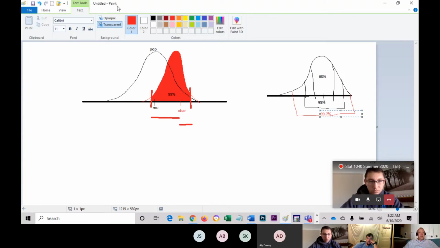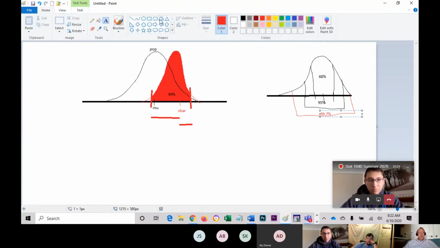So now one of the things that I just want to point out here really quickly is that 95 is your most common confidence interval. It's the one that statisticians use most. Now they can use other ones, and in fact, have